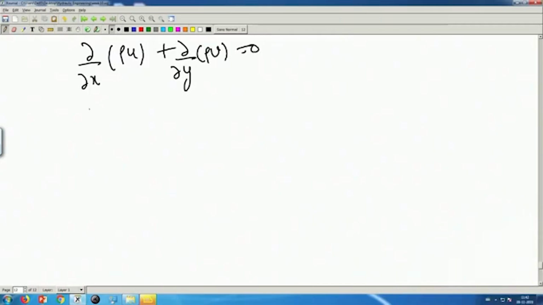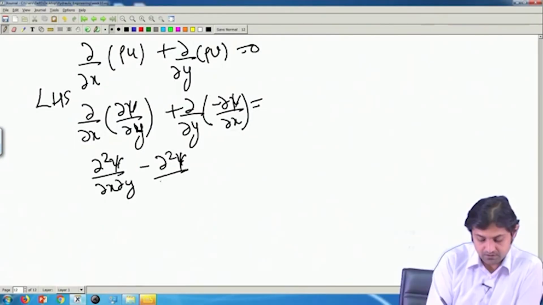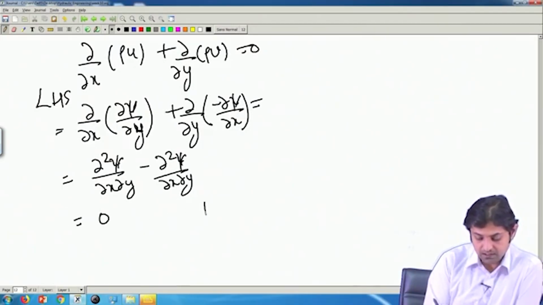So rho u is del psi del y, so it will be del x of del psi del y, plus del y of rho v, which is minus del psi del x. Okay, so this means LHS and RHS